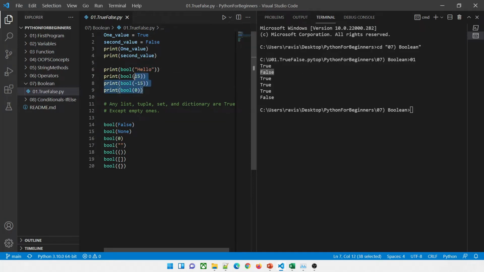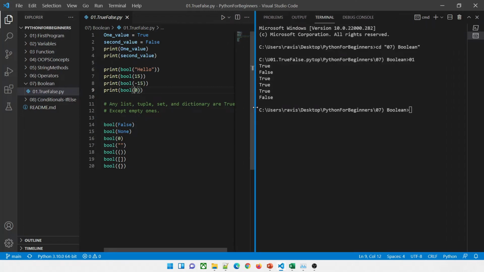Most of the time it gives a true value. So hello, 15, minus 15, and 0. Of these, the first three will give true values, as you can see over here, and in print bool 0, it will give false. Why? Because 0 gives the false value. So that's how it works over here.